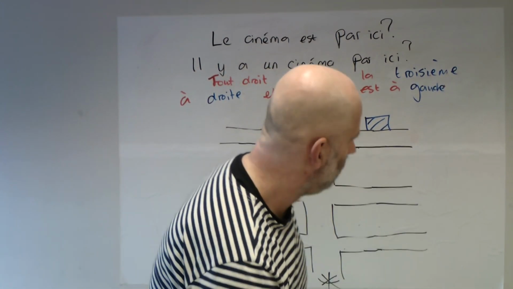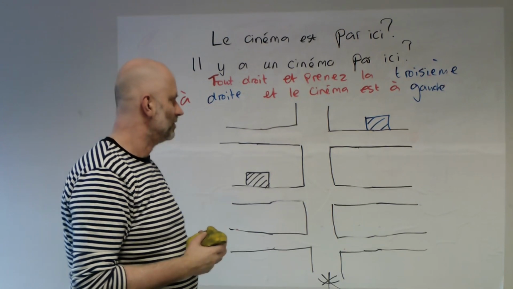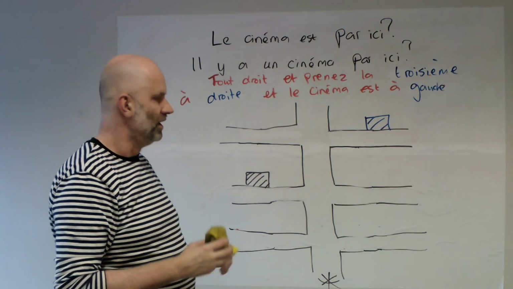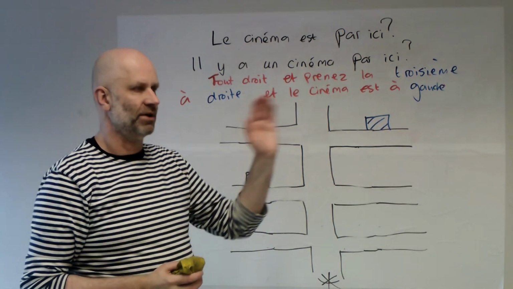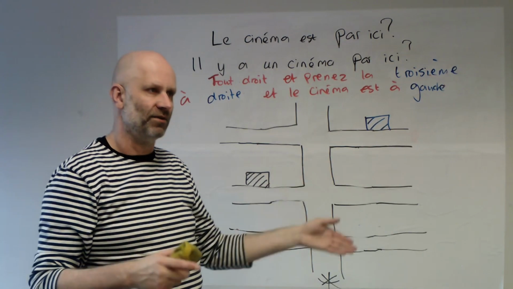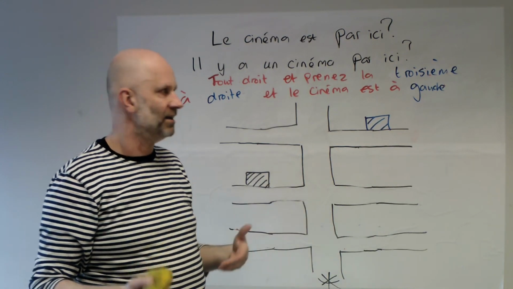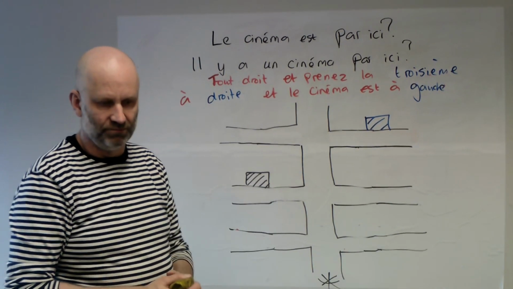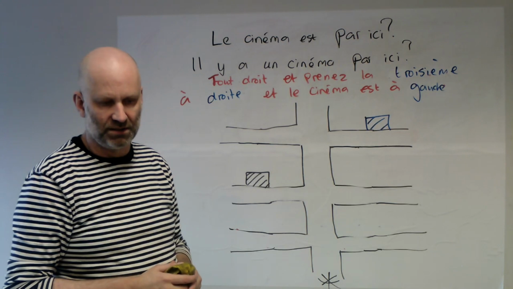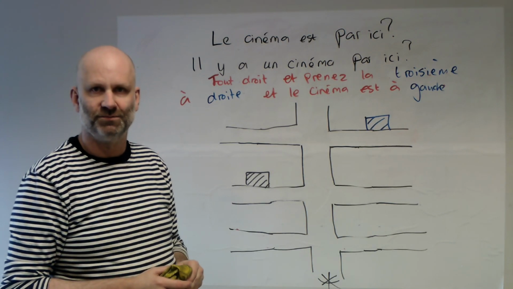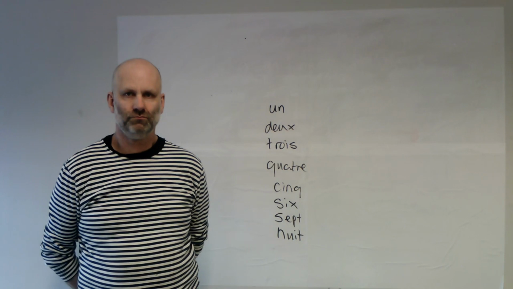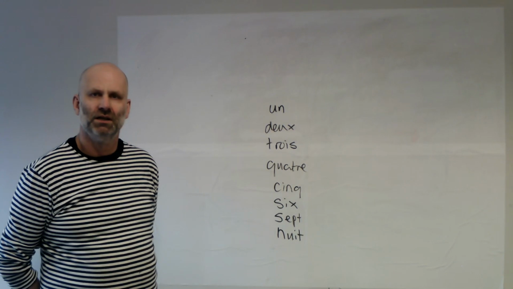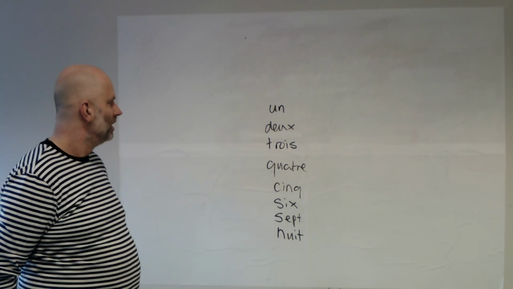Okay, so that's when, obviously, you only have to take one road before finding the correct road that you're looking for. So sometimes it's more than that. It could be like go straight on, take the first left, then the second right, then the third left, then the second left again. So you might have a more complicated set of directions to give. So we're going to be looking at that in a moment. Okay. What we're going to do now, before going on to more complicated directions, is just to have a look at